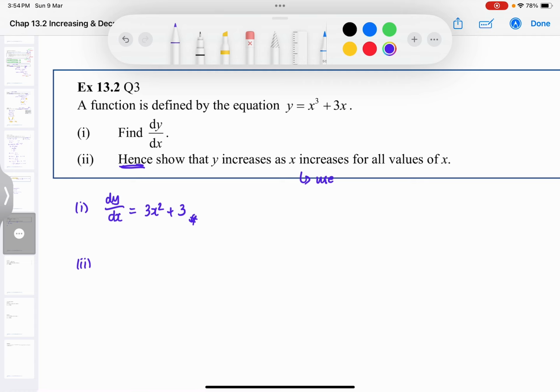You have to show that the dy dx function is always greater than 0, right? And then since it's always greater than 0, it's an increasing function, therefore y increases as x increases. Okay, so how do we show that? We use our understanding of x squared, right? So you know that for all real values of x,